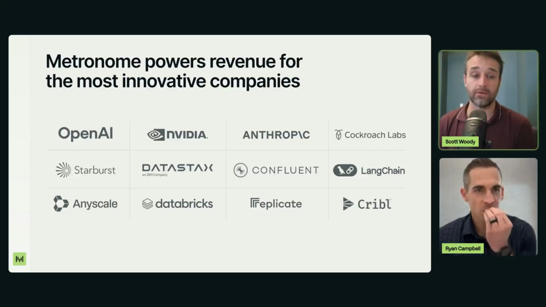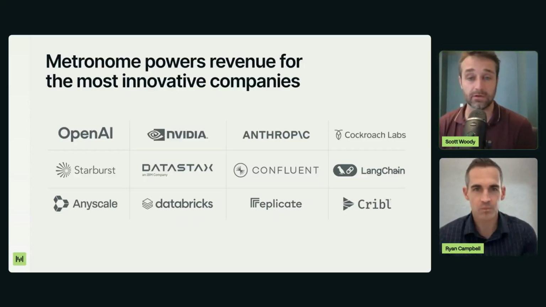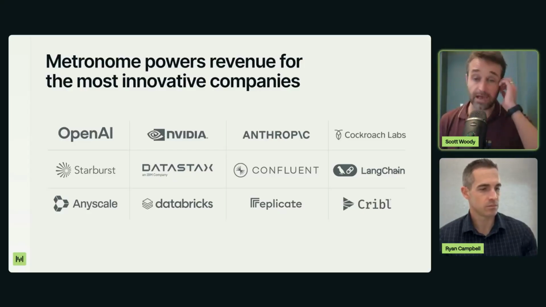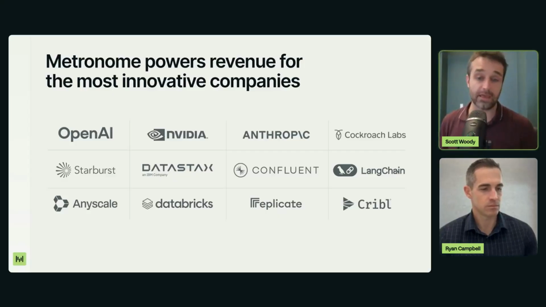We are lucky enough to get to work with some of the fastest growing companies in the history of the world, companies like OpenAI and Anthropic, but also some of the most important infra and AI companies like NVIDIA and Confluent and Databricks and many others, including small startups. So we're super excited. One of my personal passions is just studying the greats, like how do they make these models work?